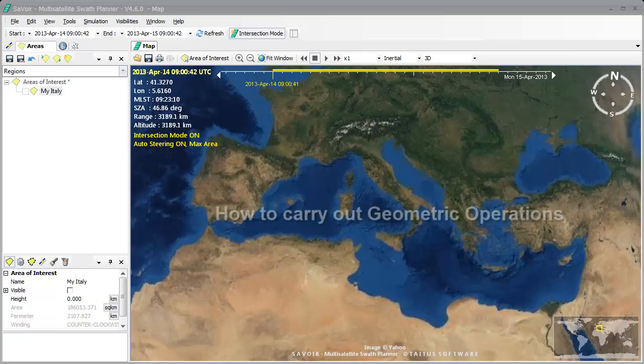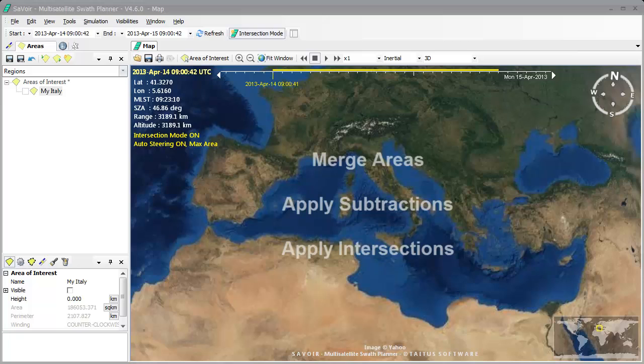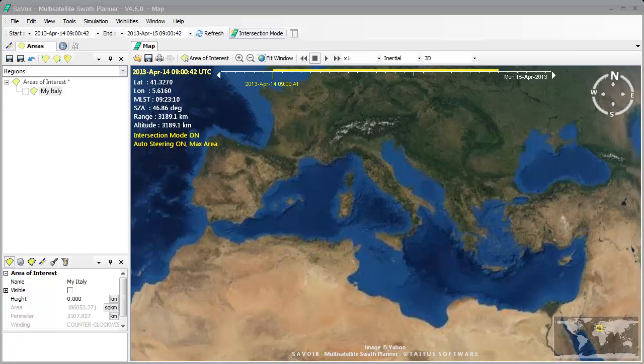Welcome to our tutorial. This video will demonstrate how we can carry out geometric operations on areas of interest in SaVoir, meaning how we can merge areas or how we could apply subtractions or intersections on such areas. Let's begin. First, we need to define a number of areas of interest by going on the Areas pane